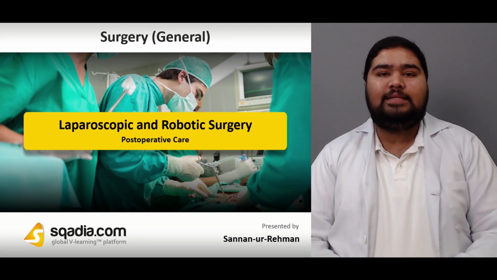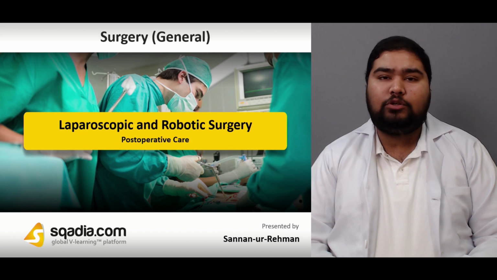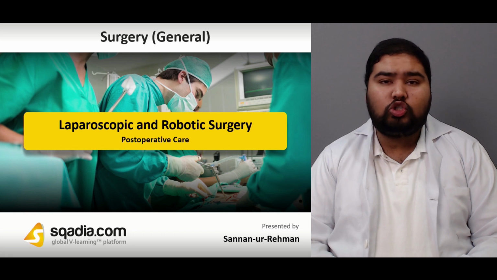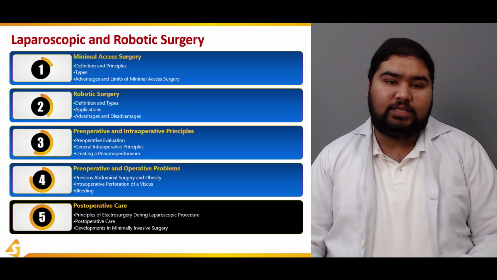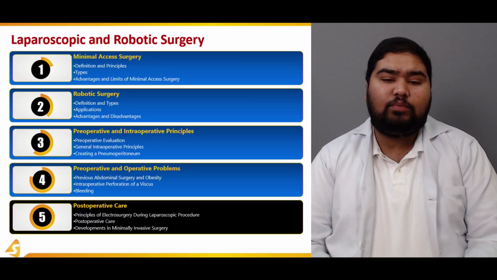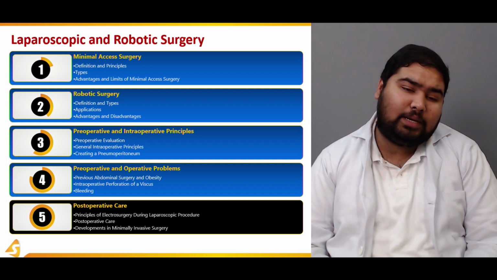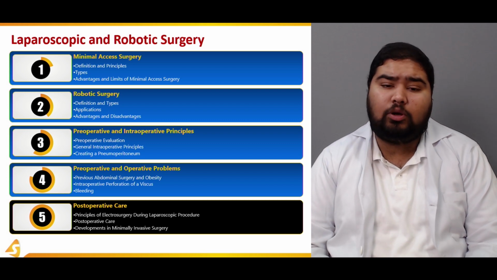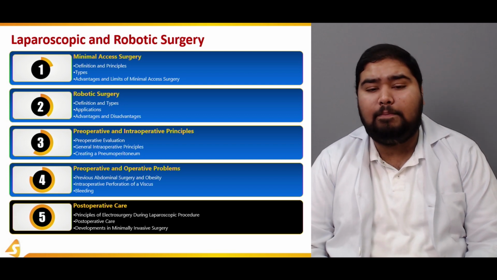We're dealing with advances in surgical techniques, and we're talking about laparoscopic and robotic surgery. In this section, we'll deal with the post-operative care of a patient who has undergone minimal access laparoscopic or robotic surgery. We'll first deal with the principles of electrosurgery, which can damage a patient during this minimal access surgery. Then we'll talk about the general principles of post-operative care,